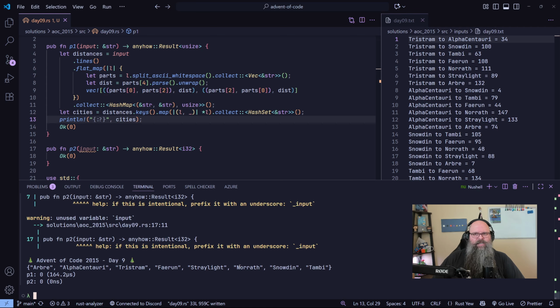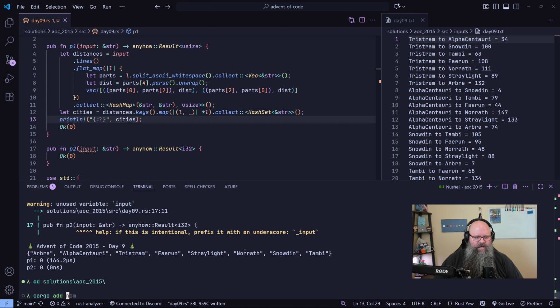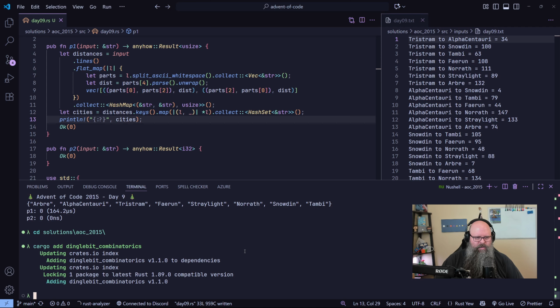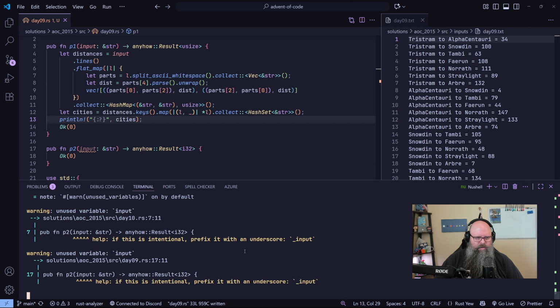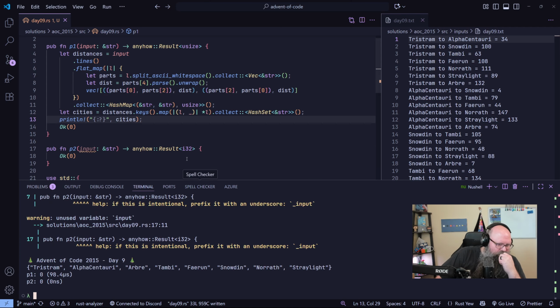Okay, there's our all cities. Now we just need to permute through all of them. I actually have a permutation library. See, cd, cargo add dingle bit, combinatorics. So the way the combinatorics works is